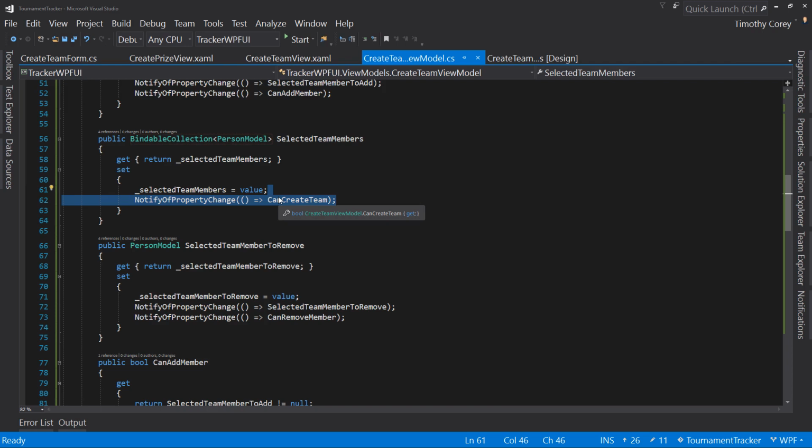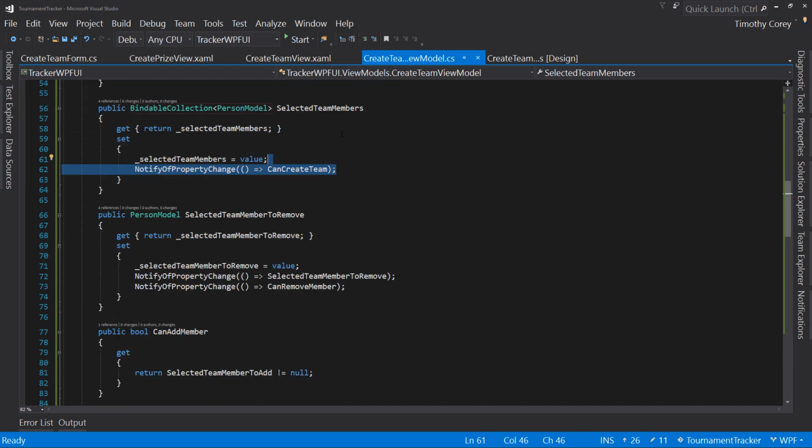We could further diagnose this. My guess is it has something to do with a different property relating or relying on binding to this when we're not actually modifying the whole list, we're just adding a member. So direct connection to this works, but probably indirect might not. So we could spend time debugging this, but the reality is, if we take this line right here, and whenever we remove someone,